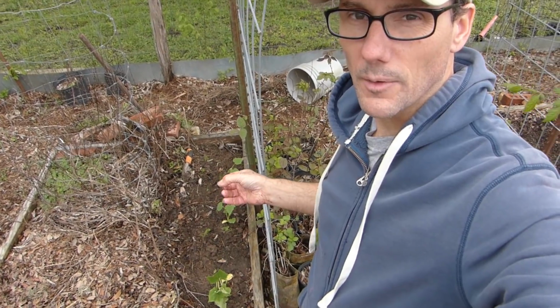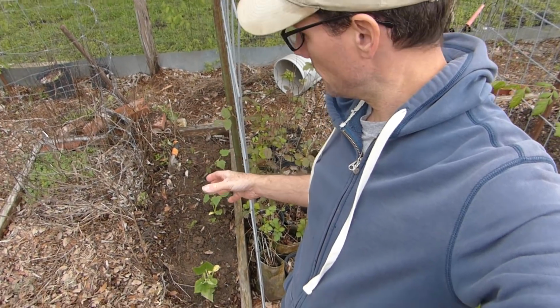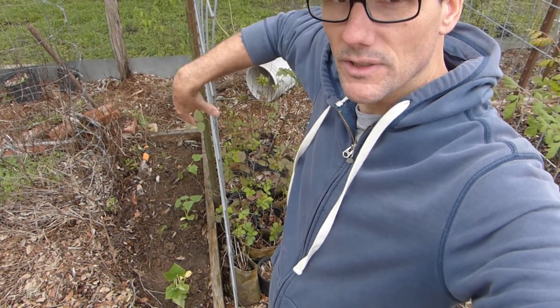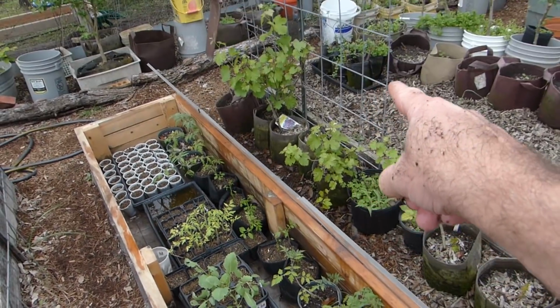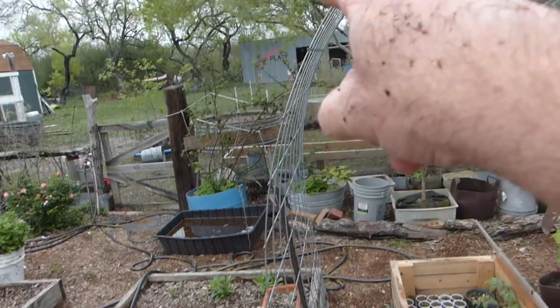This is where I've had a lot of basil growing over the last couple years, and I'm still hoping that the basil decides to grow back right here. We're going to get these melons out of here and planted on this side and this side of this arch